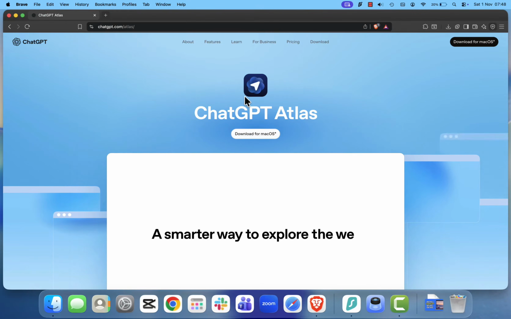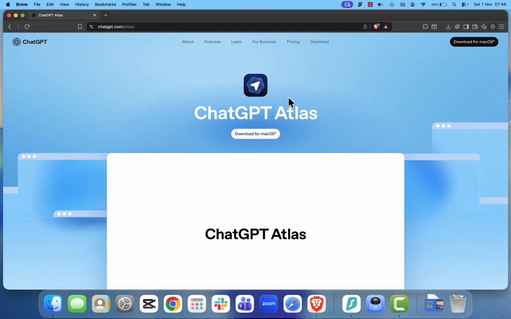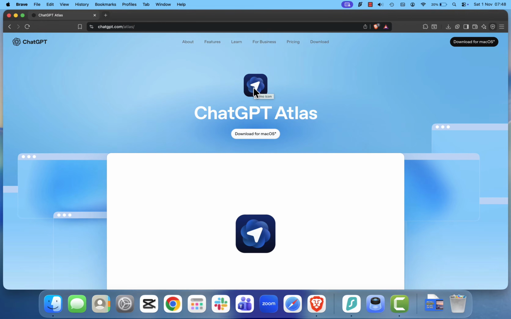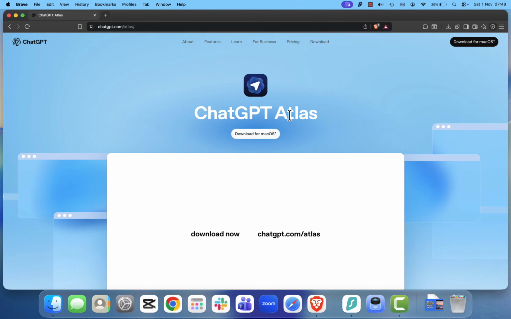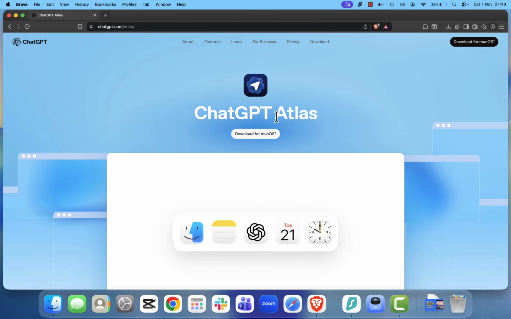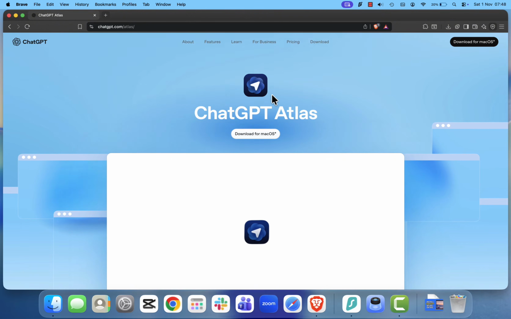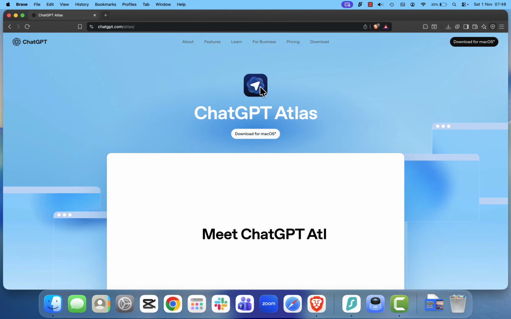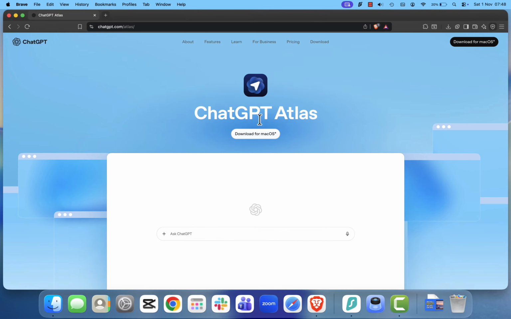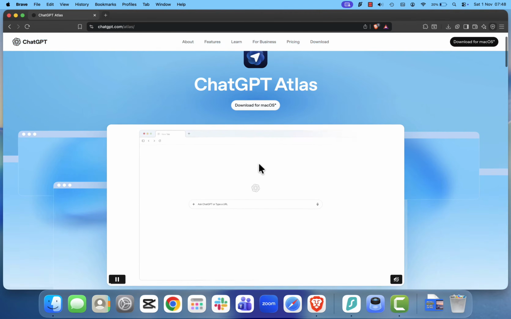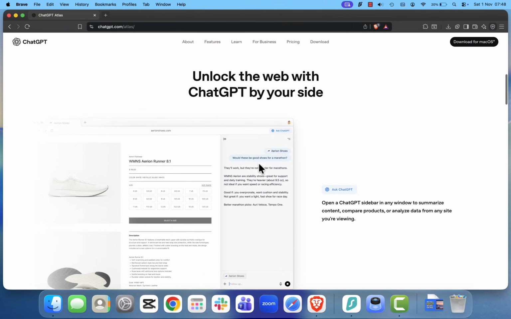Hey everyone, you might be wondering if ChatGPT Atlas, the new web browser from OpenAI, is available on iPhone. Well, unfortunately, not yet. As of now, there's no official way to install or use ChatGPT Atlas on your iPhone. If you head over to the official website, you'll see that it clearly says download for macOS. That means you can download and use it on a MacBook or Mac desktop, but there's no version for iPhone